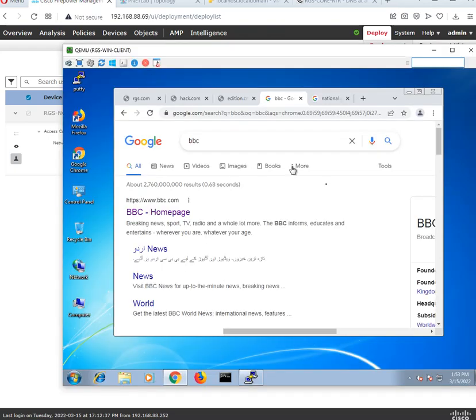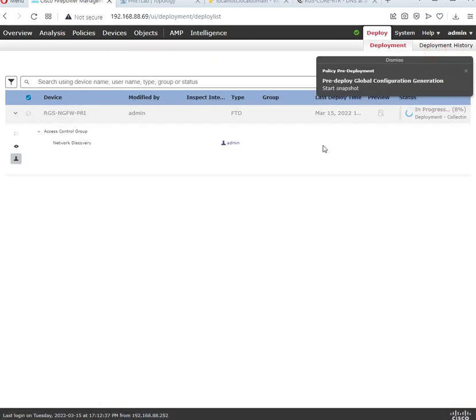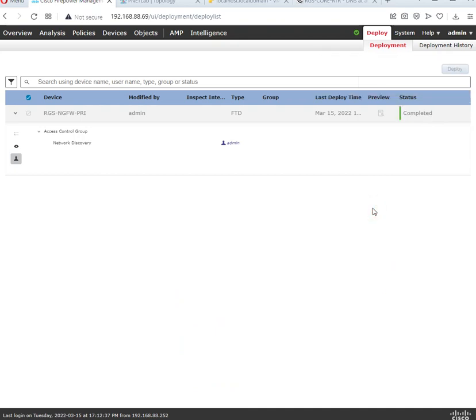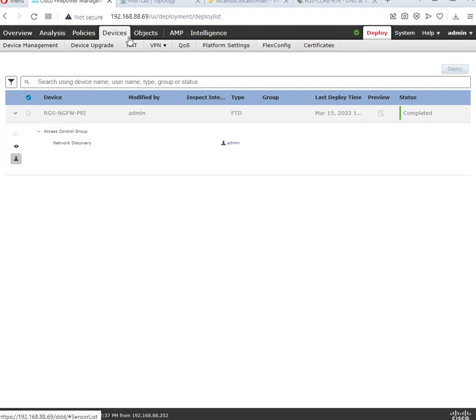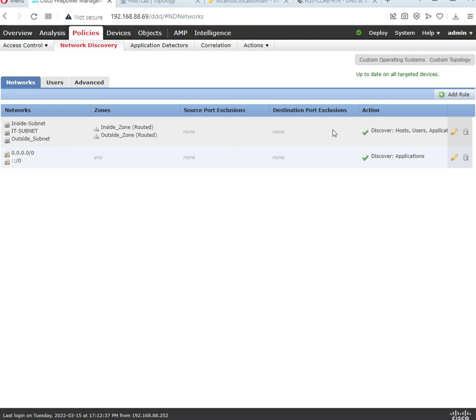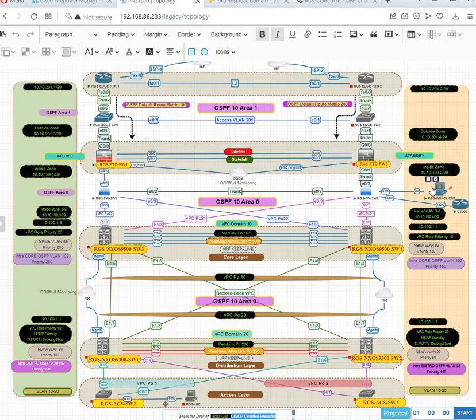Once it's deployed, we will initiate some kind of traffic from our LAN machine so that FTD can fetch the information regarding this policy that we have applied. Since the deployment is completed, we can now initiate some kind of traffic from our LAN machine, and let me check with the configured policy, network discovery, and so this is our policy. So going back to the LAN machine over here,